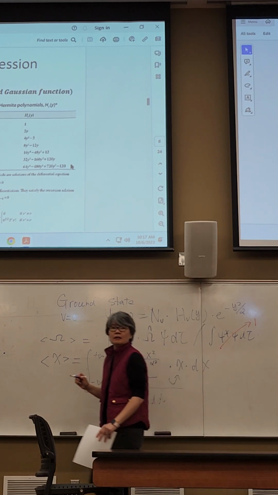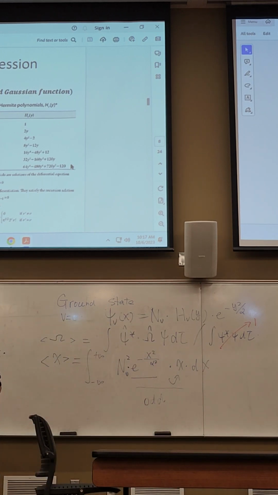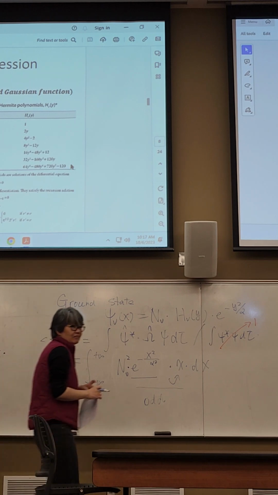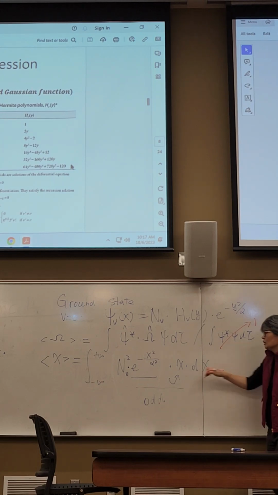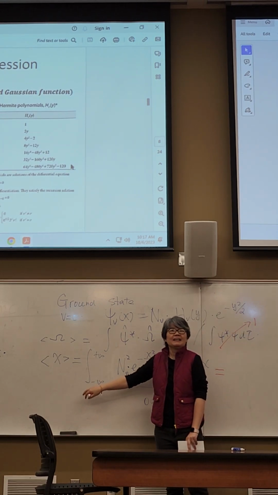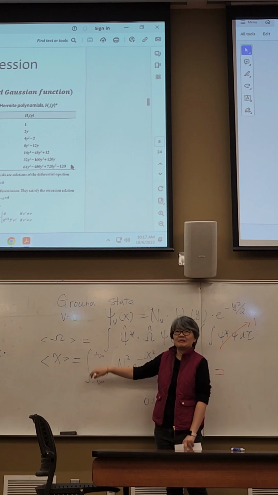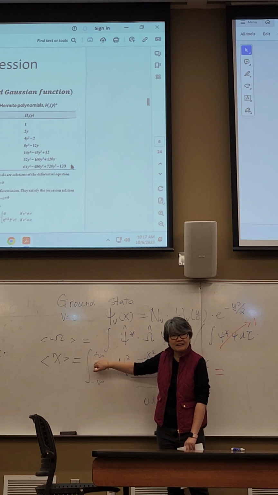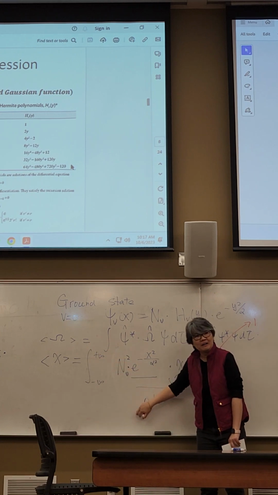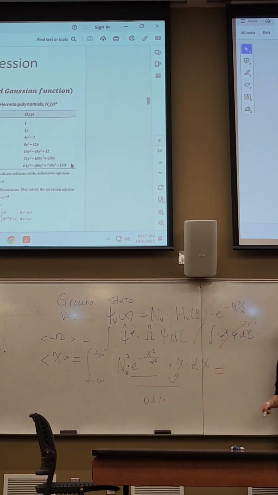Odd. Okay. Which means I don't have to do anything. Use the math, I want to know this equals 2. And then I integrate symmetrically from negative infinity to positive infinity with an odd function, that will give me